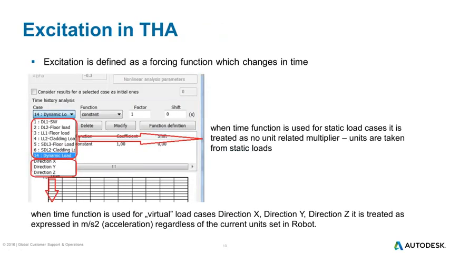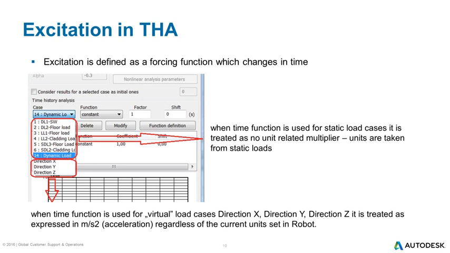Excitation is defined as a forcing function with time as its parameter. This function is then assigned to an already defined static load case as a multiplier for whatever kind of loads is defined there. It can be a force, but it can be an imposed displacement of a support as well. In addition, you must select a sort of virtual load cases named directions, which are intended to simulate earthquake with time history analysis. For these cases, the forcing function is defined in SI units, which for acceleration is meter divided by